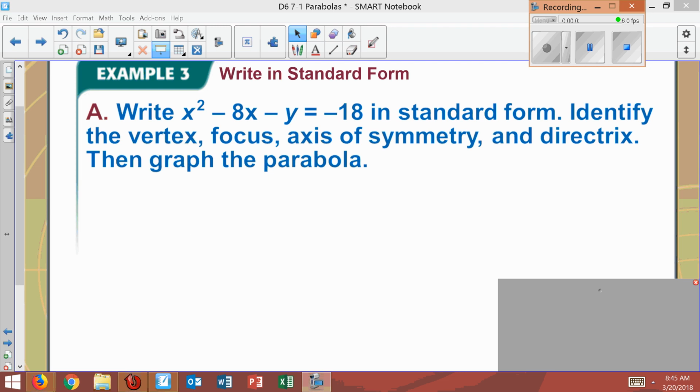Example 3, write in standard form. Write x squared minus 8x minus y equals negative 18 in standard form. Identify the vertex, focus, axis of symmetry, and directrix. Then graph the problem. All right, here's what we're going to have to use when they give us this form,